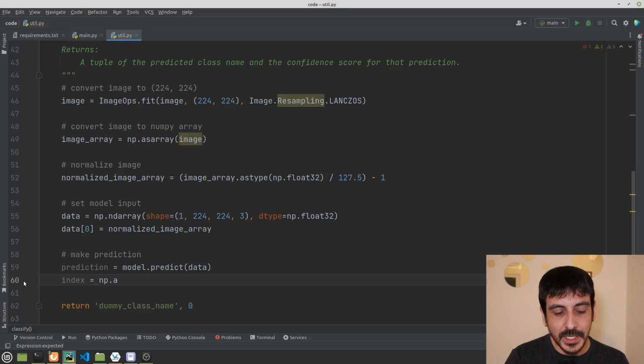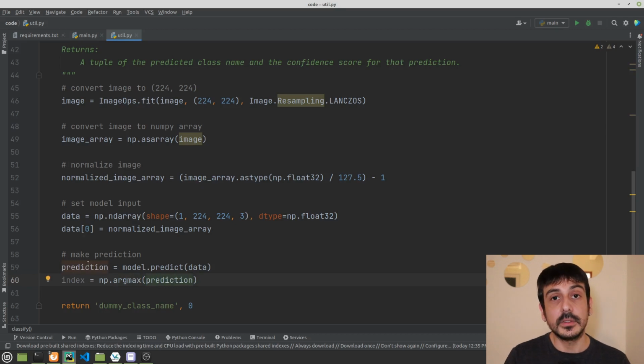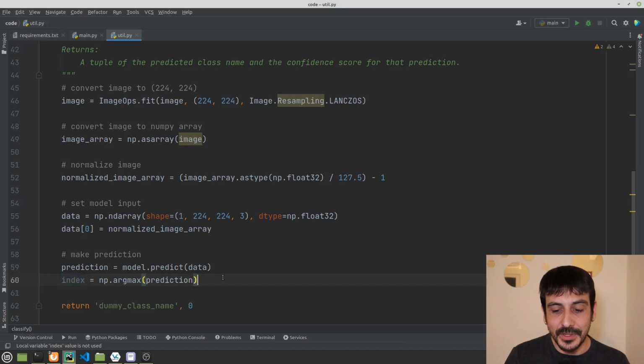From now, let's just do it in a very classical way, which is argmax, and we are just going to input prediction. This way we are just going to get the argument of the maximum value of prediction. Prediction is going to be a vector with two values, and we're just going to get the index of the maximum number, and that's going to be the index of the class we are detecting.